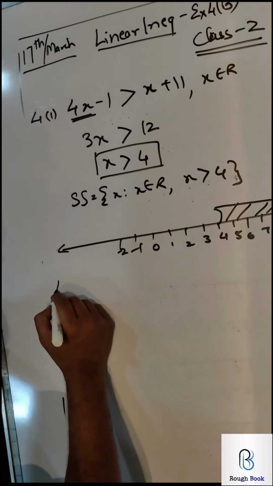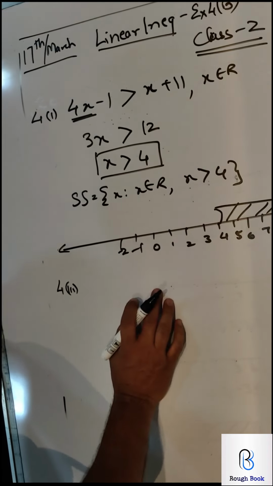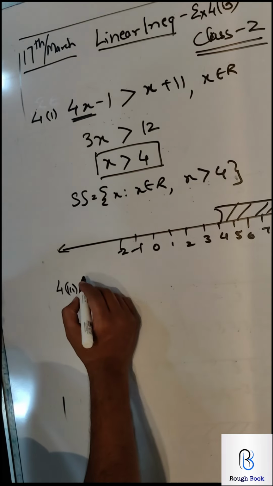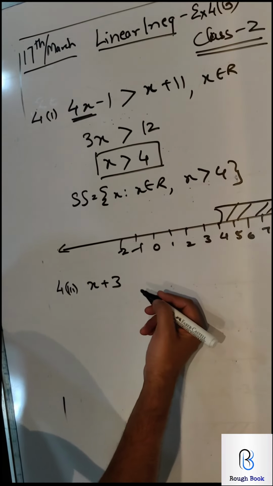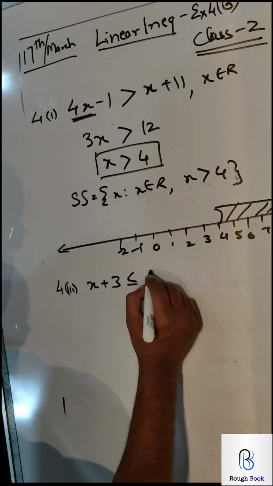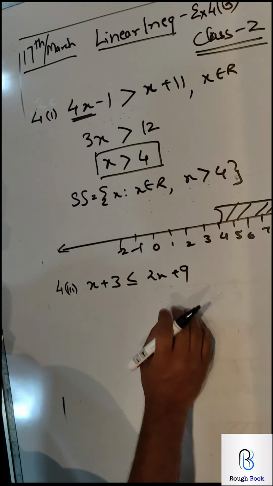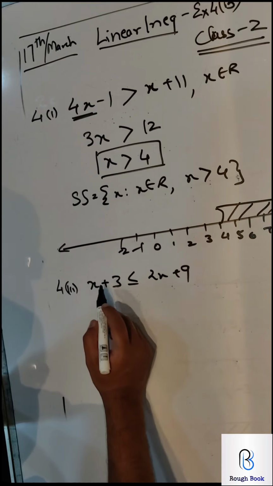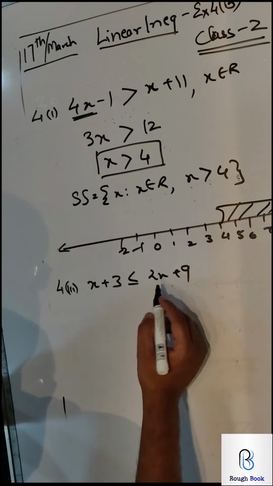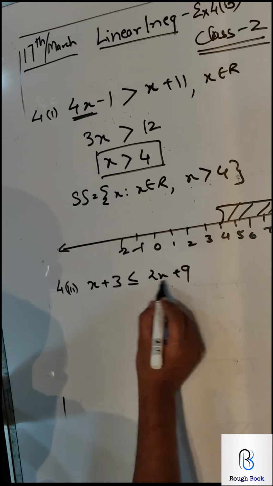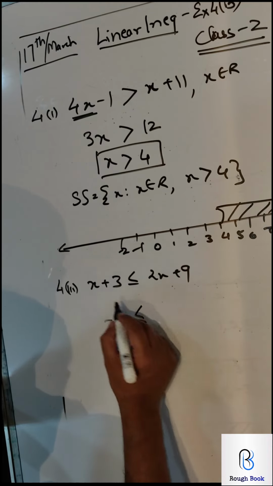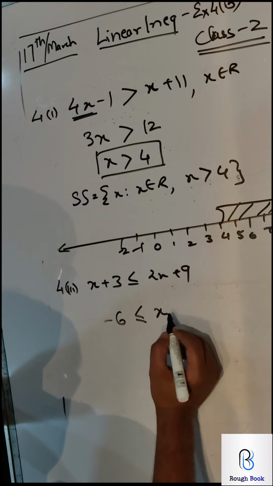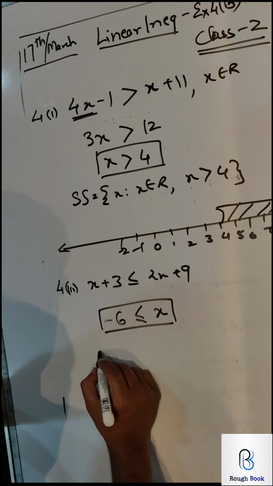Let's try a couple of sums from 4 itself. 4 part 3, another easy question. x plus 3 less than or equal to 2x plus 9. Solve this first. So take x on the positive side. Don't get x over here, otherwise we will get confused later on. So x goes here, 9 comes here. So 3 minus 9 will give me minus 6. This going there will give me only x. So I straight away got my answer.